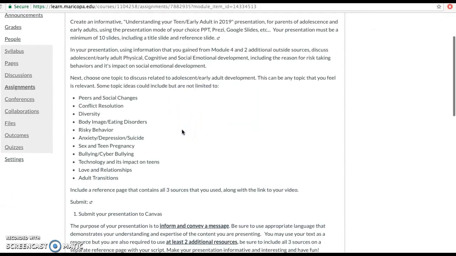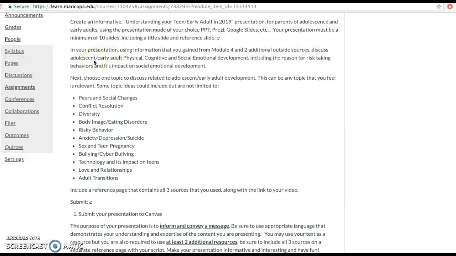So using the information that you have gained in Module 4, I also want you to do an outside search for 2 additional sources that you could use. Please do not use Wikipedia, as that is not always a valid, reliable source. You do want to use sources that come from some sort of research background. Usually a .org is a better bet instead of a .com. Typically a .org is more research-based, but please refrain from using Wikipedia, as you're not always getting proper information, because anybody can add to that.